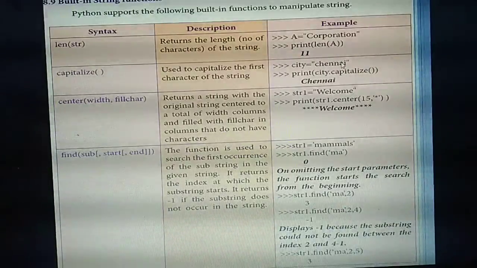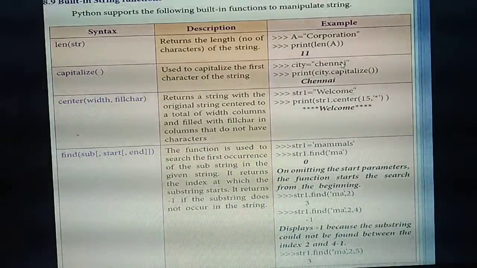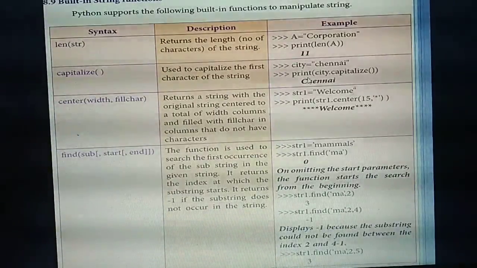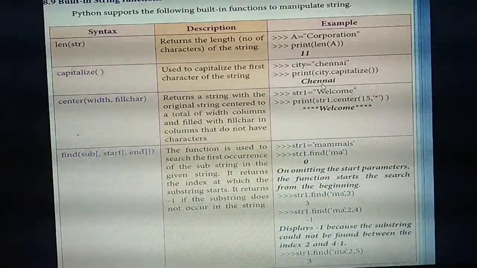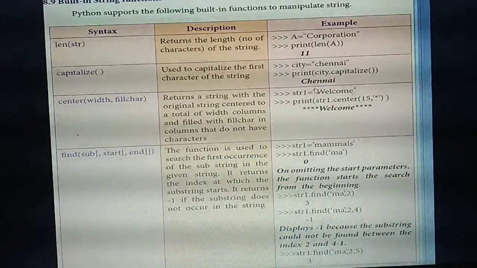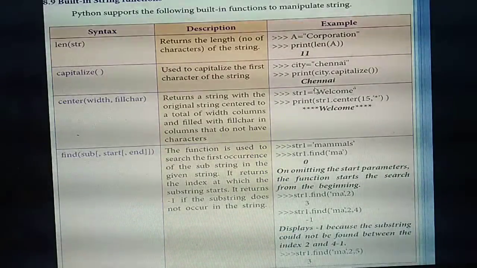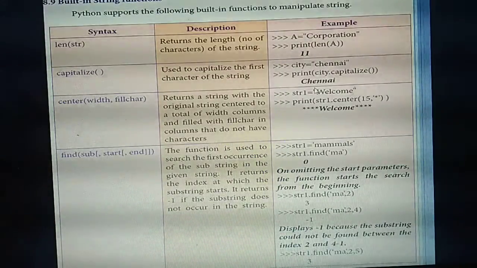What output will you get? What's the use of the capitalize function? It will capitalize the first letter of the word. See the output. The first letter is capitalized. Of the remaining letters, only the first letter is capitalized. Don't think capitalize means it will capitalize all the letters; only the starting letter alone it will capitalize. Understand? See the examples and study, then only you will understand.